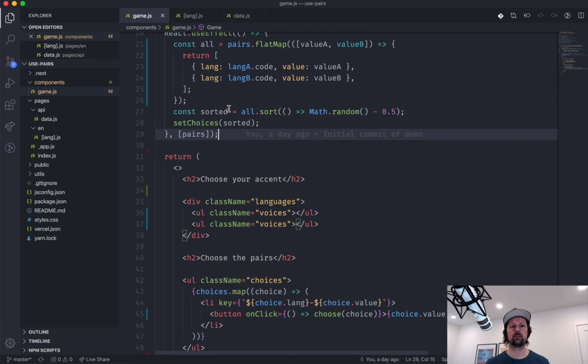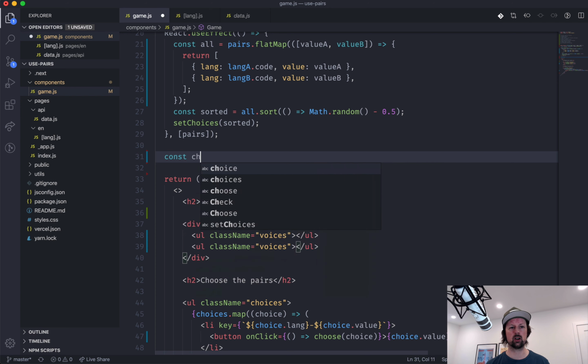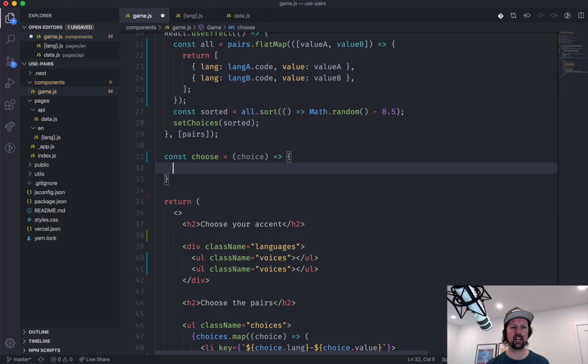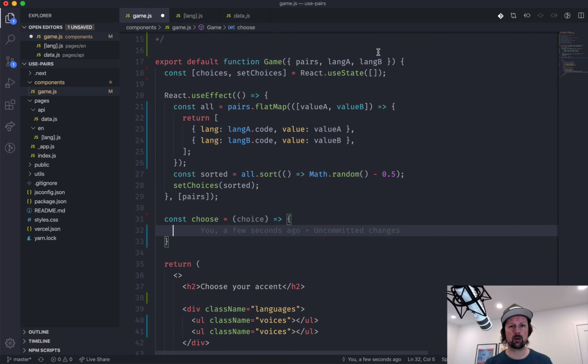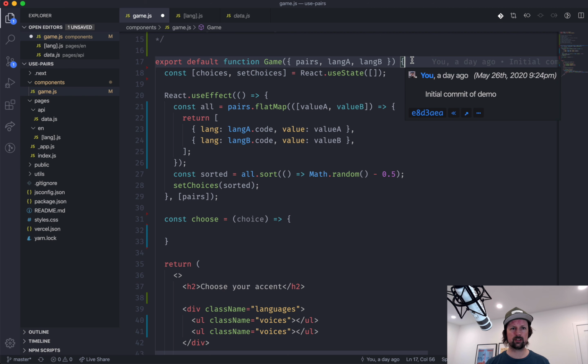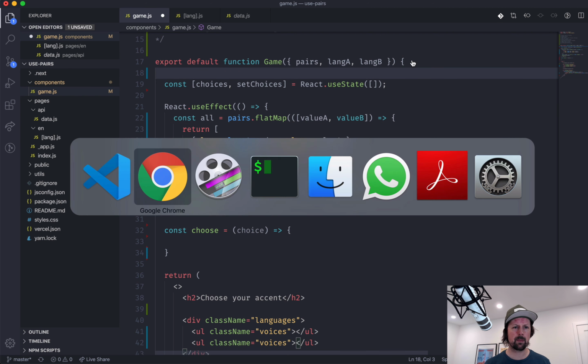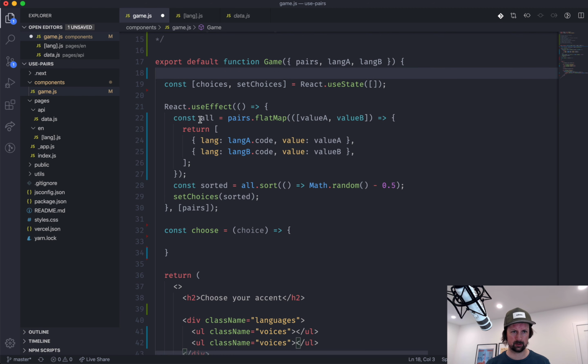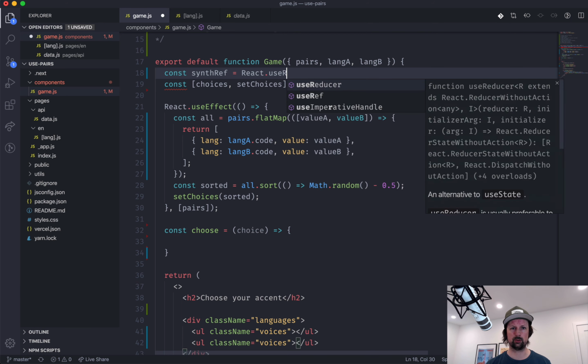So we're going to do all this inline in one big component. So I'll just put this below and I'll create our choose function. So choose receives a choice. And the first thing we want to do is read that choice out loud. In order to do that, we need to set a couple things up. The first thing we need to set up is, I forget what it's called. I was going to call this the synth_ref, and that is equal to React.useRef